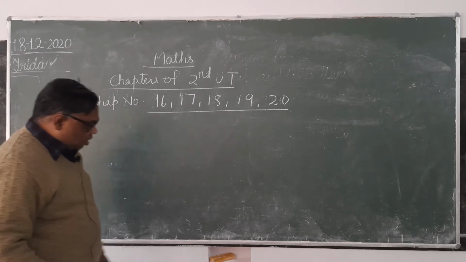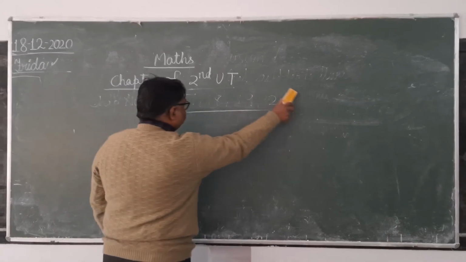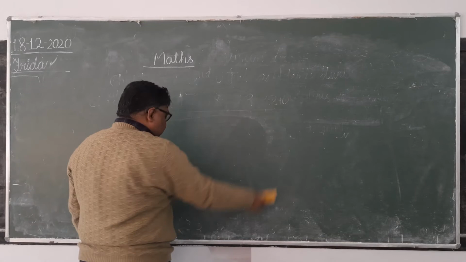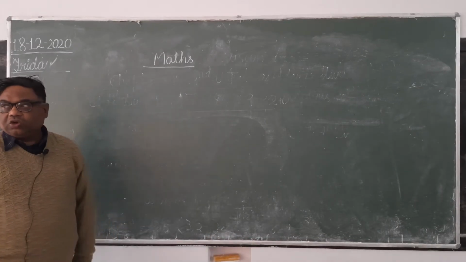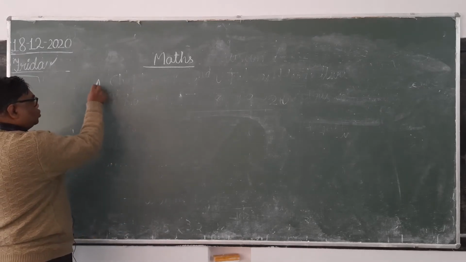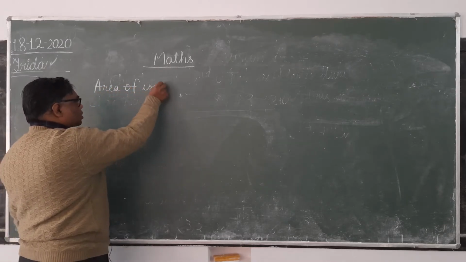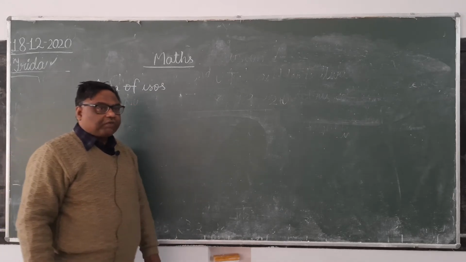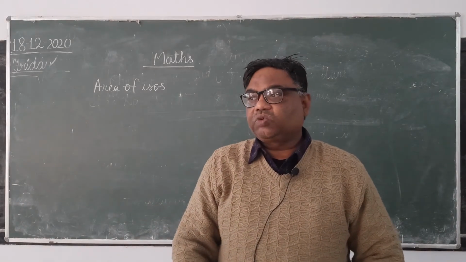Now, today I am going to begin area of triangle. Already I have started area of triangle, and in it I have told two formulae. One is area of triangle equals 1 upon 2 base into height, and another is Heron's formula. Now see here, there is one more, area of isosceles triangle. Perhaps area of equilateral triangle also I have told. What is the formula of area of equilateral triangle? Root 3 upon 4 into side square.